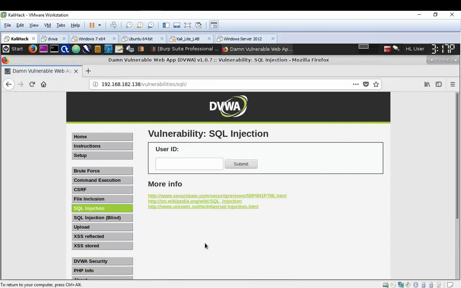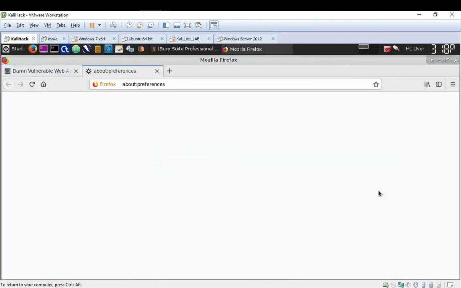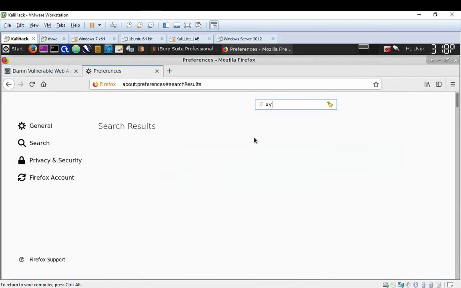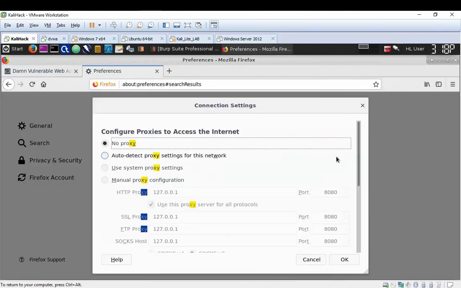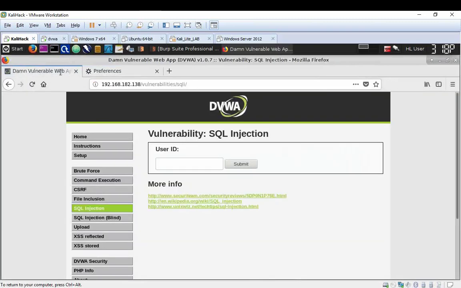For performing this activity, we'll be using Burp again. I've just configured my Burp